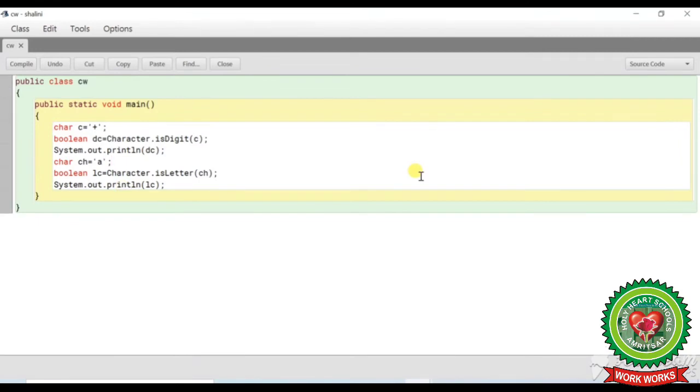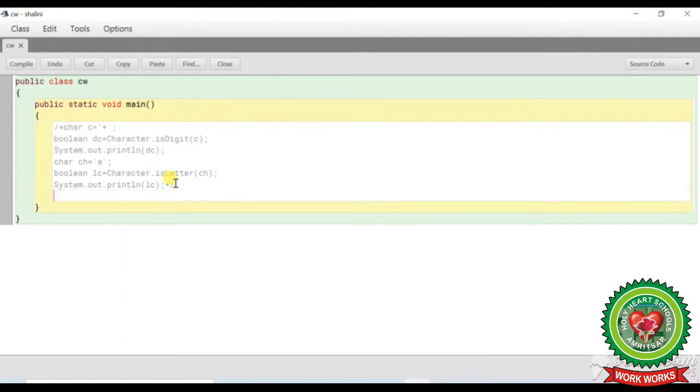Our next function is isLetterOrDigit. Students, to avoid confusion, I am going to put all this code in comments so that our output will come from the function that we are currently doing. So now I am going to write char c equals, in single quotes, any one character, let it be S, then semicolon.